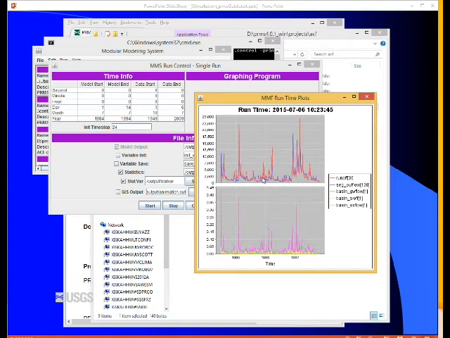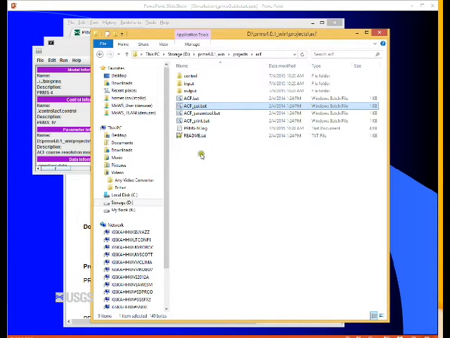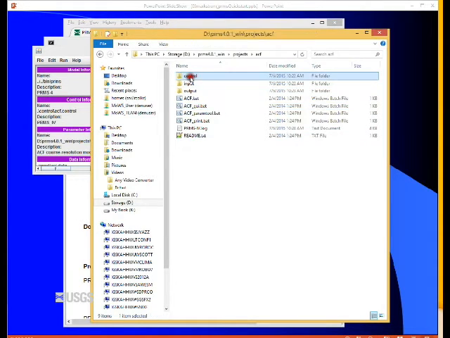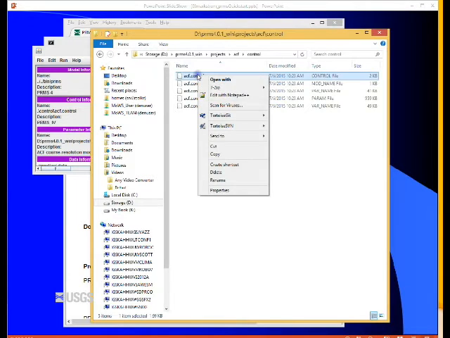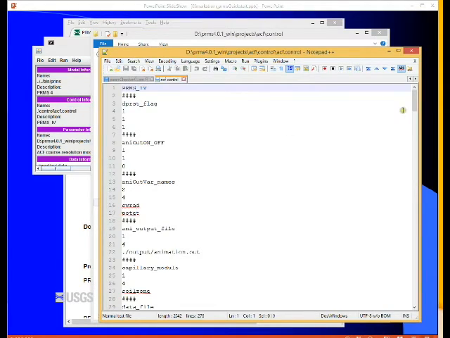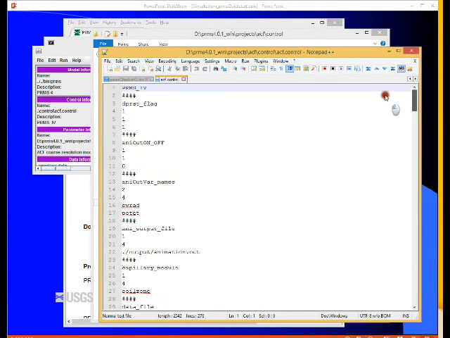I think what I'll do now is just go through the example directory and show you where some of this stuff is. In some of the subsequent talks, you're going to hear people talking about the control file. So if you go into this folder and look at this file right here, this is the control file in the control directory. The control file is an ASCII file, and you can see that there are various settings that PRMS uses when it runs. The content of this file is described in the PRMS User's Manual.